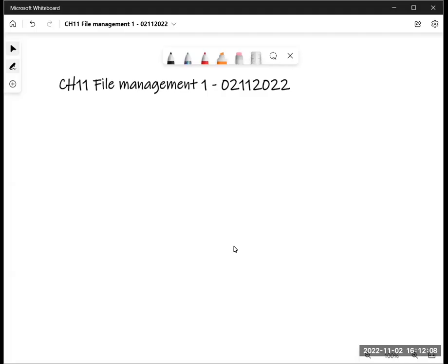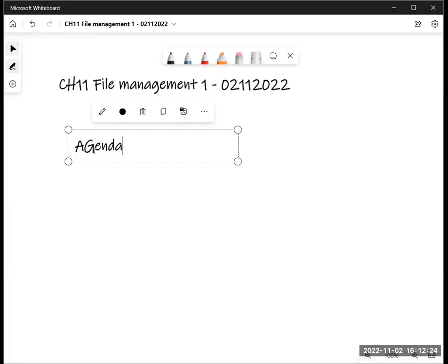We're studying IGCSE ICT and we're starting chapter 11, File Management 1. To recap, we just finished input-output devices, everything is done in that. We'll be doing questions on that later, but first, we'll start our practical chapter as well. So, the agenda